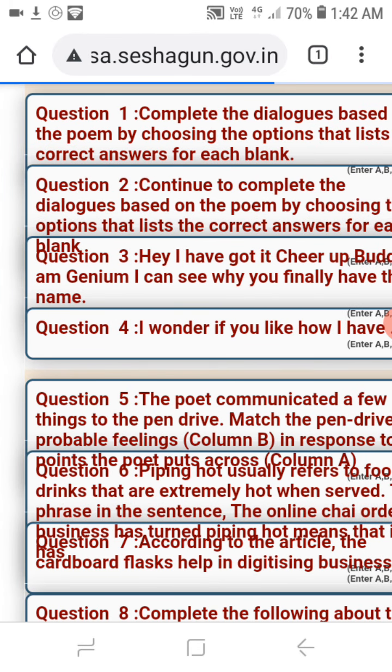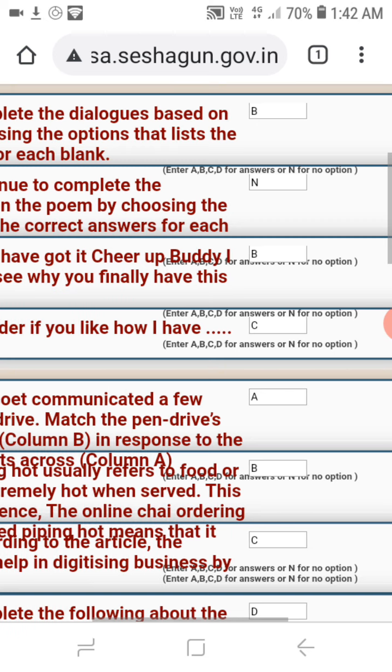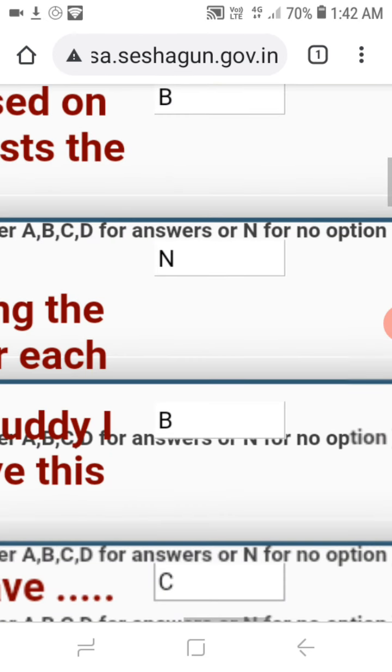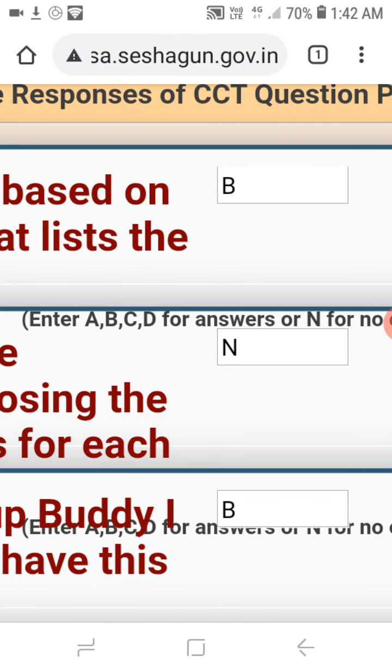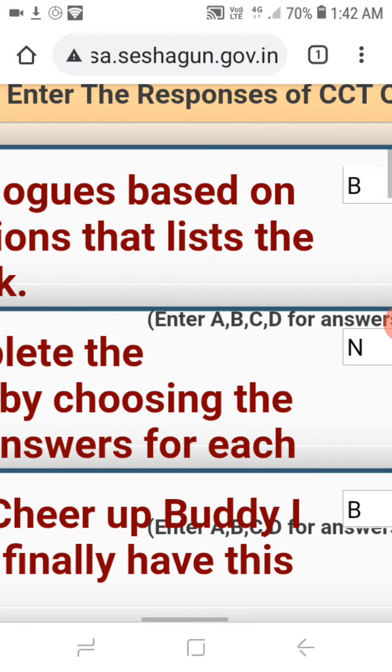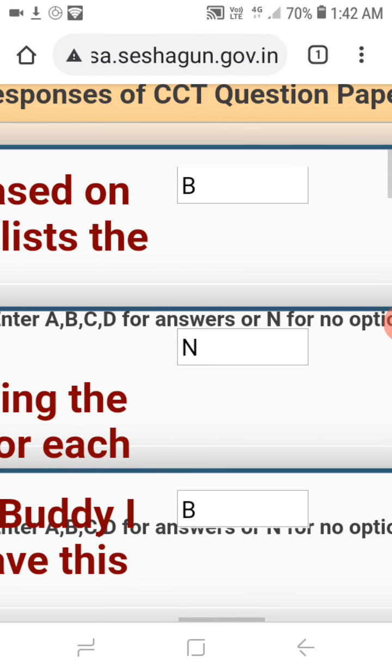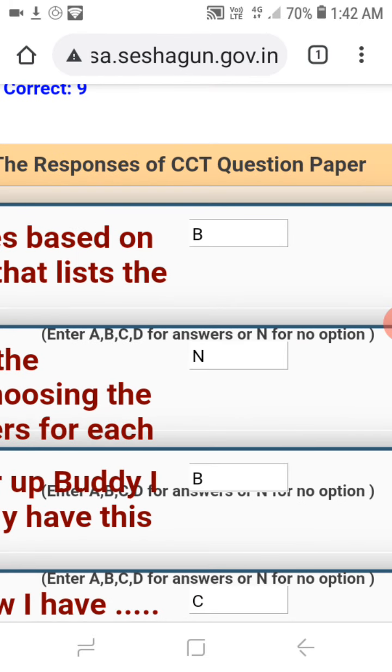So question number 1 is there, complete the dialogue. For example, the first question is A or B, A or B or C or D. These are only dummy answers I have given. So for the first question, for example, if B is the right answer, you give B. If you observe here, they have given instructions that enter A, B, C, D for answers or N for no options. So if you don't know which one is right or wrong, better you give